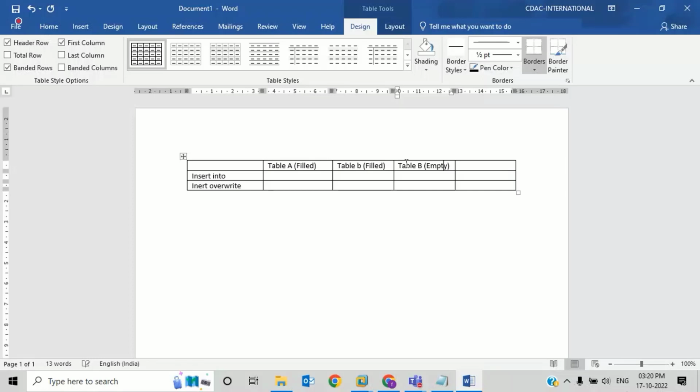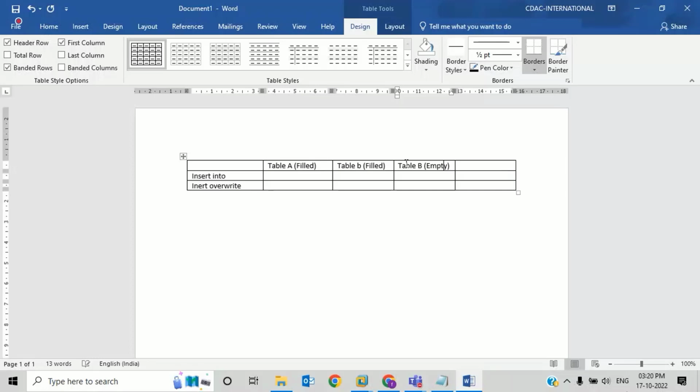I hope you are getting what I'm trying to say. Yes, ma'am. Okay. Now, in case my table B is empty, then what will happen? From table A, all the data will go to my table B. Okay. From table A to table B, all will be copied, or you can say it will be overwritten. Let me write it as copy so that you don't get confused with overwritten. Okay. Now, overwriting from table A to table B,